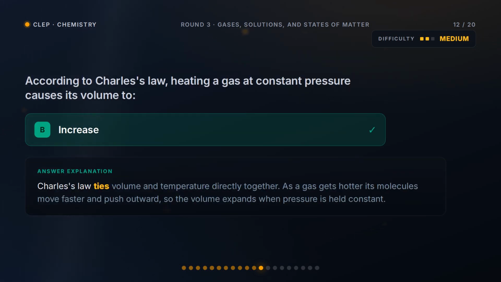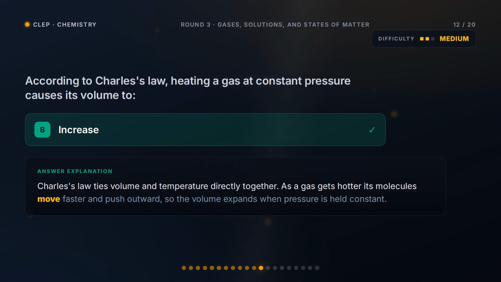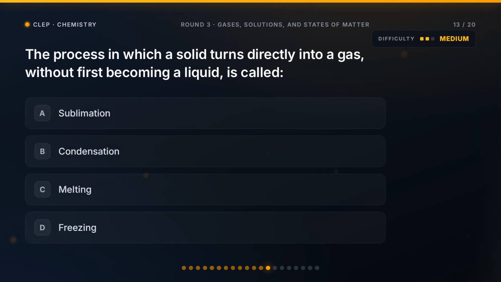Charles's law ties volume and temperature directly together. As a gas gets hotter, its molecules move faster and push outward, so the volume expands when pressure is held constant. Question 13. The process in which a solid turns directly into a gas without first becoming a liquid is